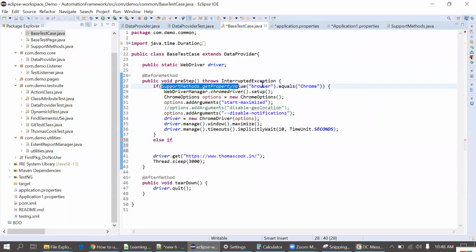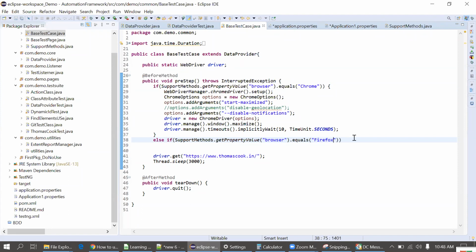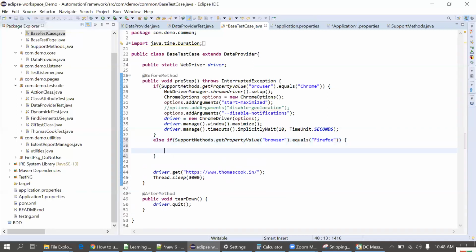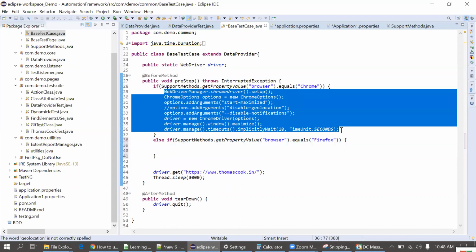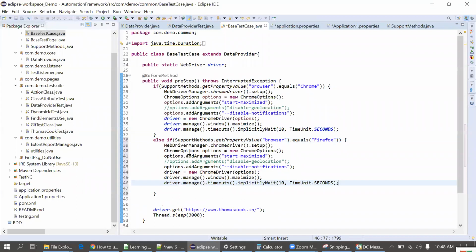We'll copy this code again for the if condition. Now I'll put Firefox. I'll again put a bracket here, and for Firefox I'll write the code now. I'll copy this code and use that for Firefox.